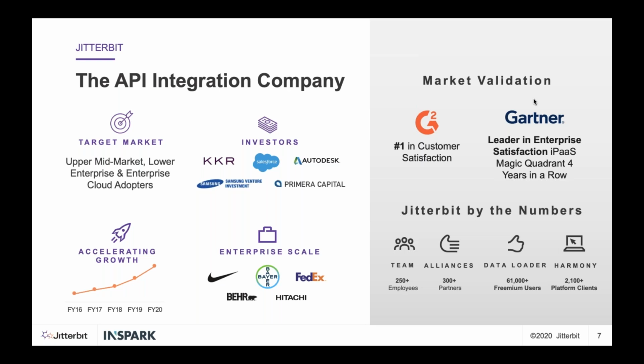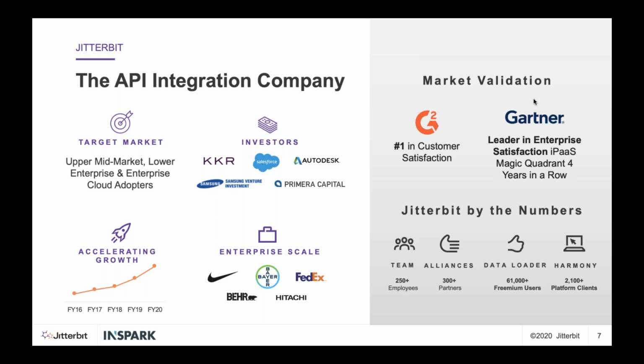As you can see, we've been accelerating our growth. Especially the last 3-4 years, things are picking up. So our current growth rate is above 70%. That's even above the market growth. So things are going really well, and there's reasons for that, which I will come back to later.